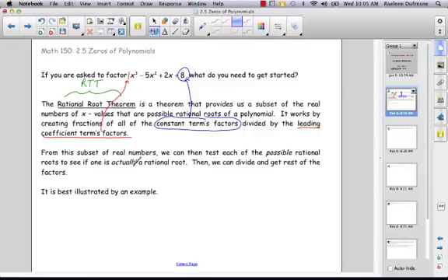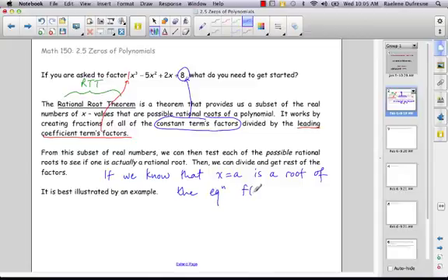From this subset of real numbers, we can then test each of the possible rational roots to see if one is actually a rational root. Then we can divide and get the rest of the factors. Well, if we have one rational root, what that means is, let's write it this way, if we know that x equal to a is a root of the equation, or a solution, of f of x equal to 0,